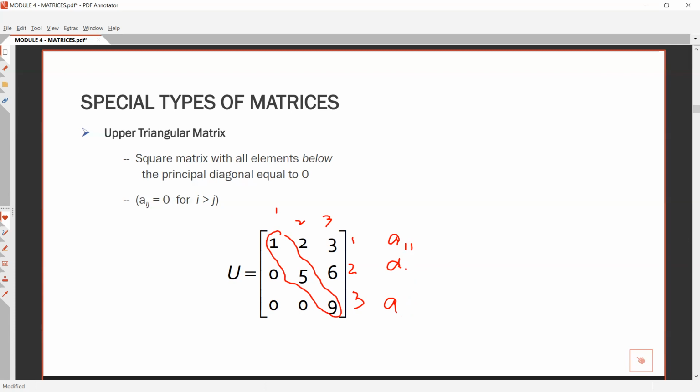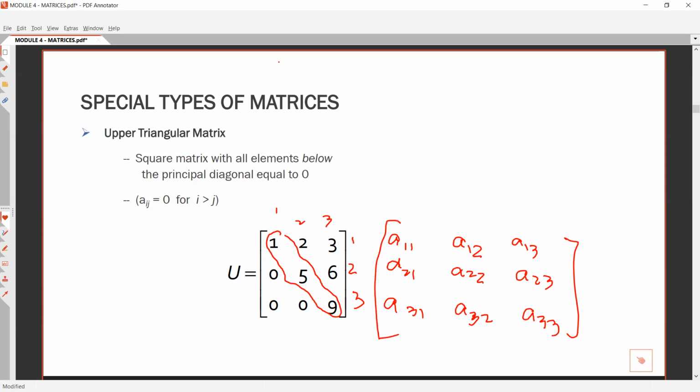This is A21, A31. A12, A22, A32, A13, A23, A33. Okay. So based on the initial notation, Aij is equals to 0 when i is greater than